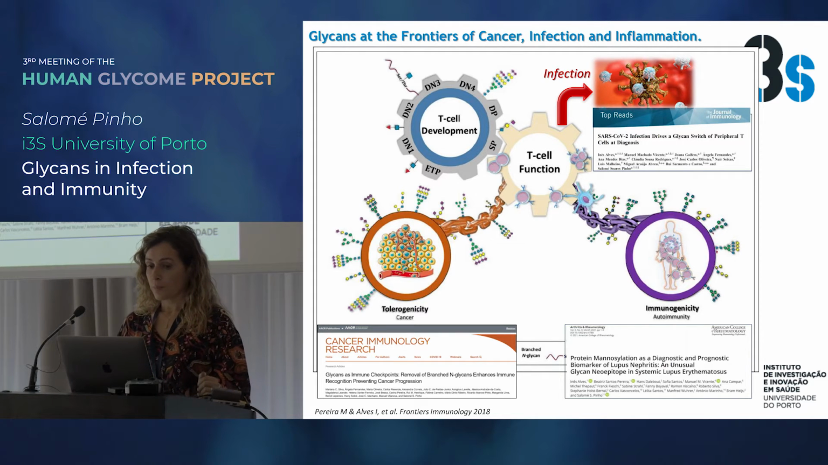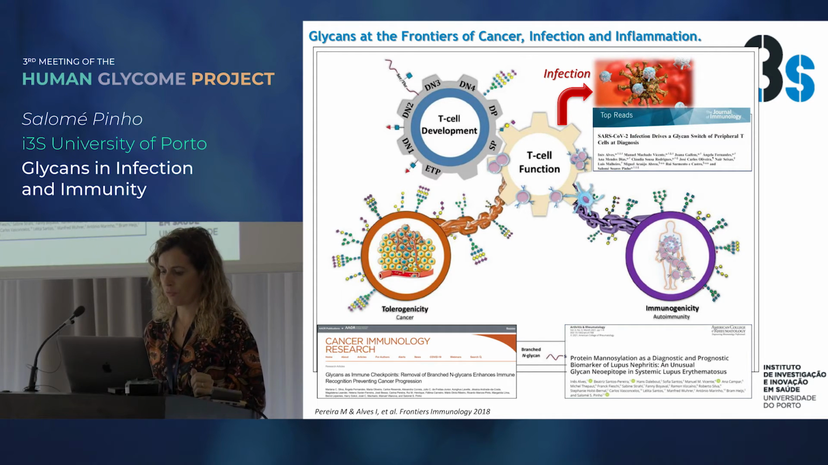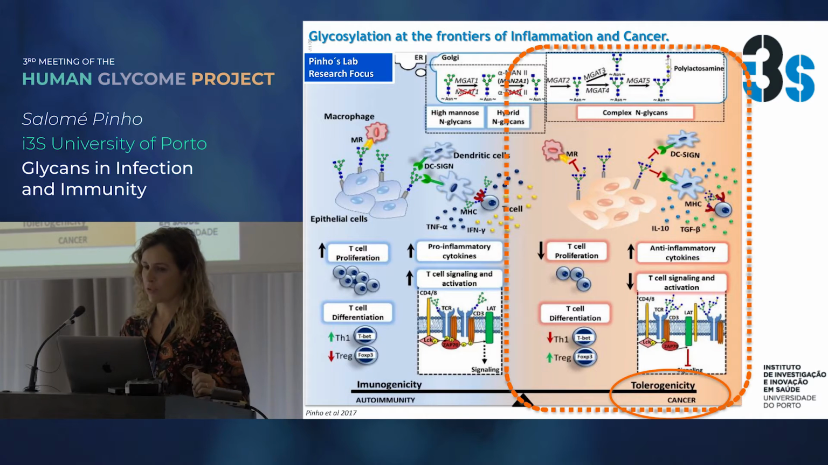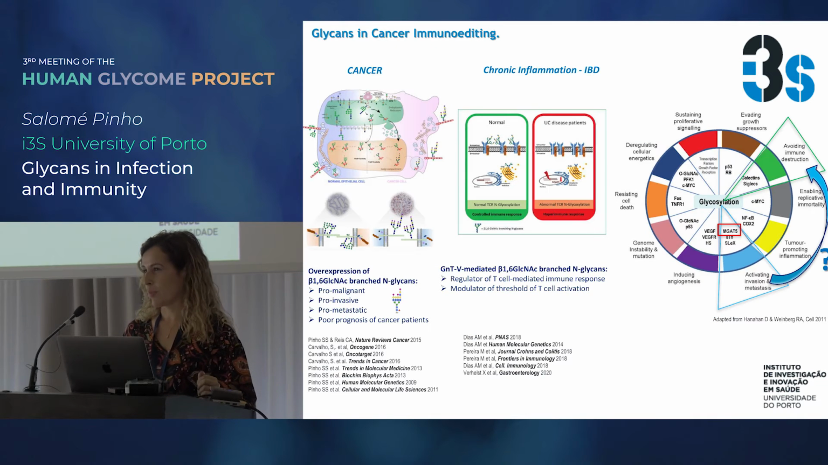And also taking advantage of our know-how on glycoimmunology, specifically on T cell glycosylation, on how these could be important in infection, specifically on SARS-CoV-2 infection. So I will start the presentation with this side of the immunological balance, on how glycans are important in tolerogenic pathways. So in fact, in the last couple of years, I would say in the last decade or more,